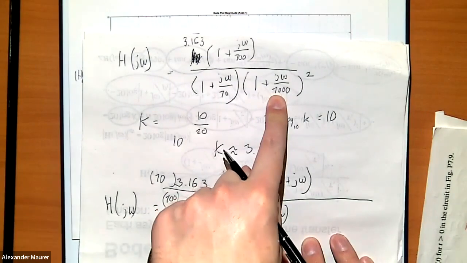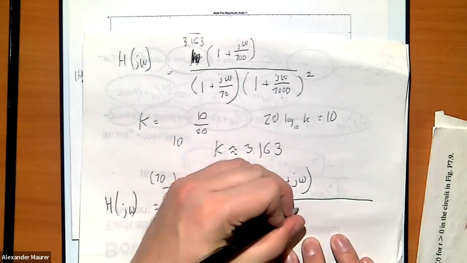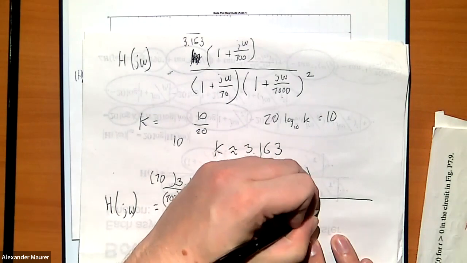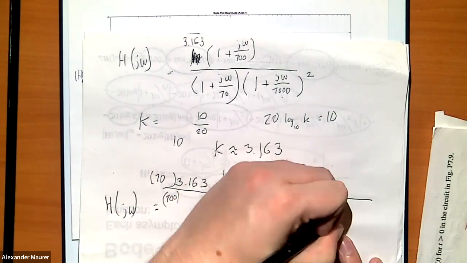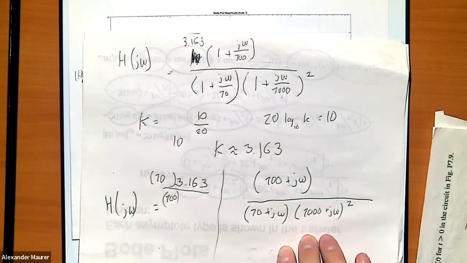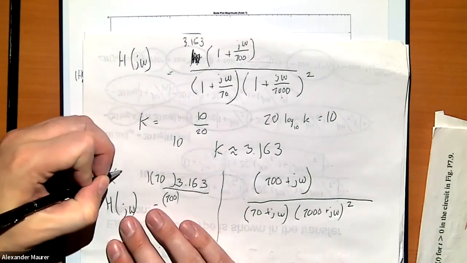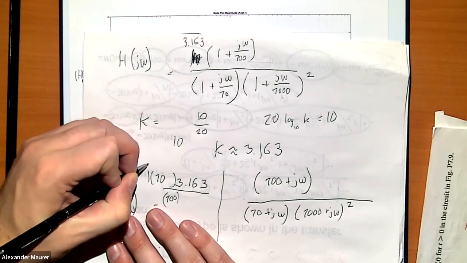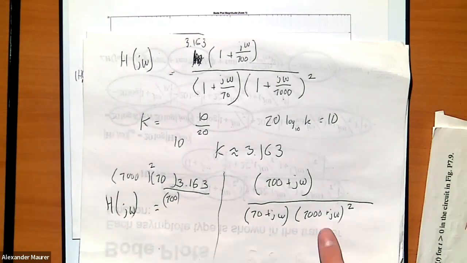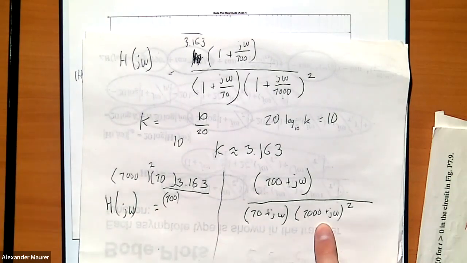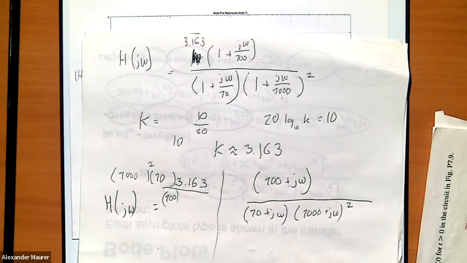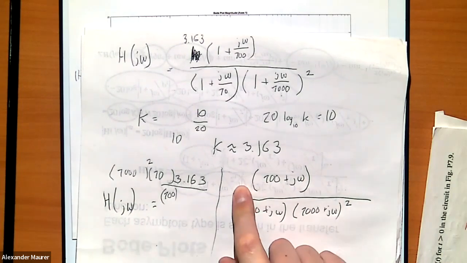Then I've got 2 copies of this one. So I want to write this as 7,000 plus j omega squared. And so each of those has a 7,000 that I'm sticking in the denominator. And so I'm going to need 2 7,000s in the numerator to counteract the 2 7,000s I put into the denominator. And I really should have written this further to the right because I want to put the coefficient out front, but